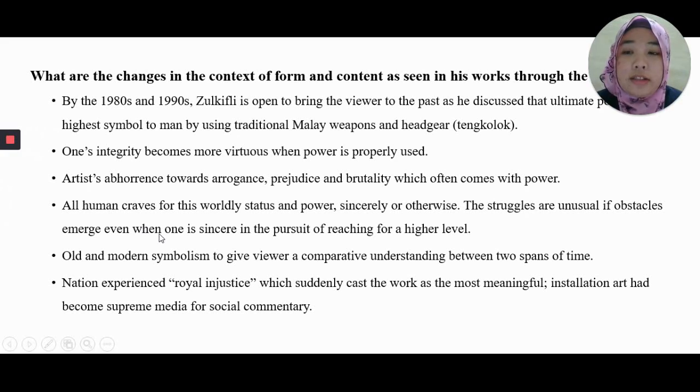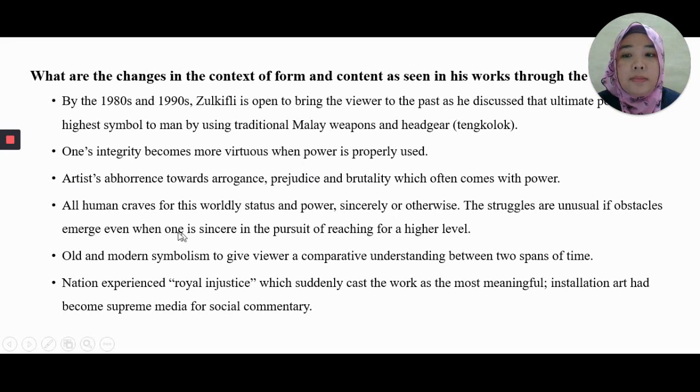Next, what are the changes seen in the context of form and content in his works? By the 1980s and 1990s, Zulkifli is open to bringing the viewer to the past, as he discussed the ultimate and highest symbol to man by using traditional Malay weapons and headgear. And once integrity becomes more virtuous when power is properly used, artists' abhorrence towards arrogance, perjury, and brutality, which often